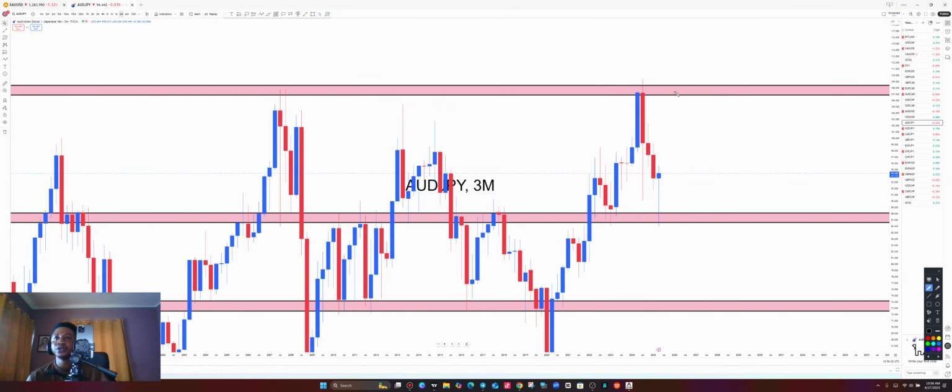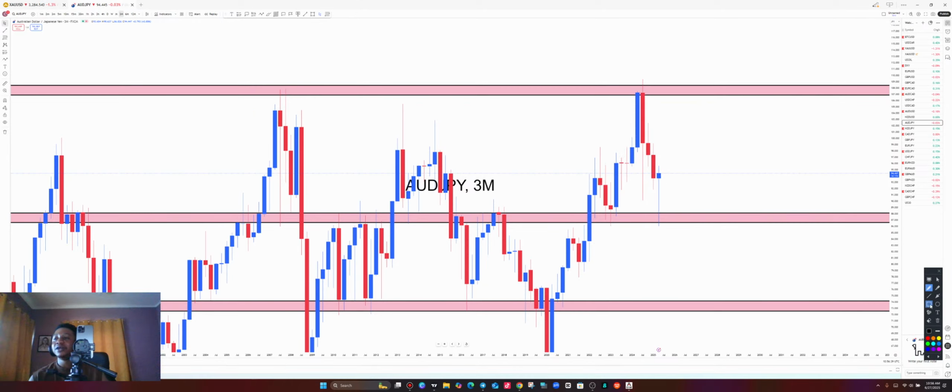So we have the upper zone, the mid-range zone, and then the lower zone. Price has given us a push up on the 3 months. This was a higher high, higher low, higher high again, higher low, but it couldn't find buy pressure from here to go up. Instead, it broke below to give us a lower low. After the lower low, we're expecting a lower high, before we can sell all the way down.